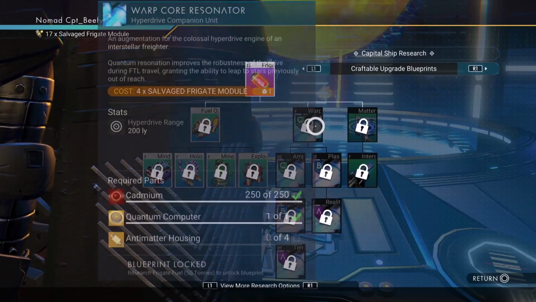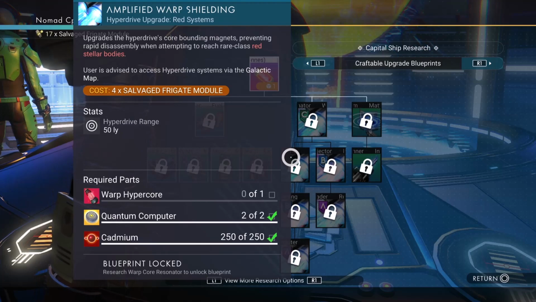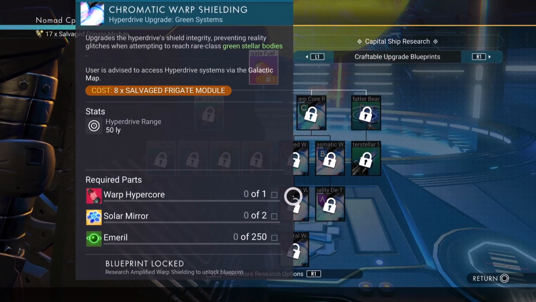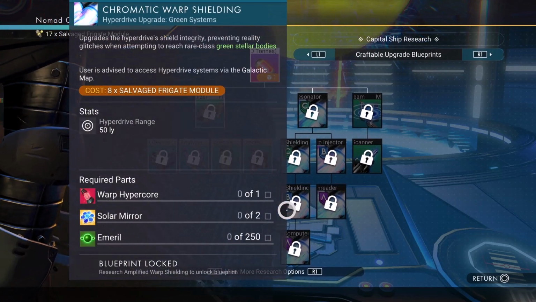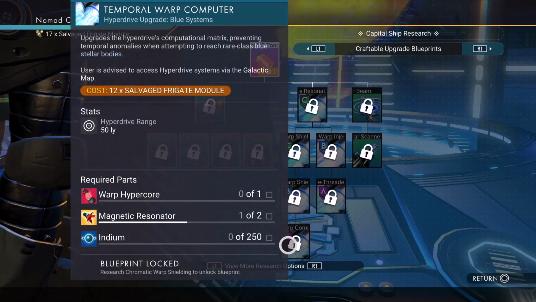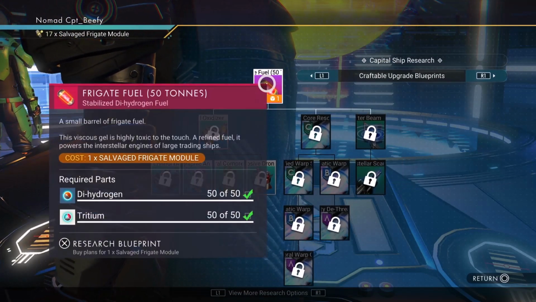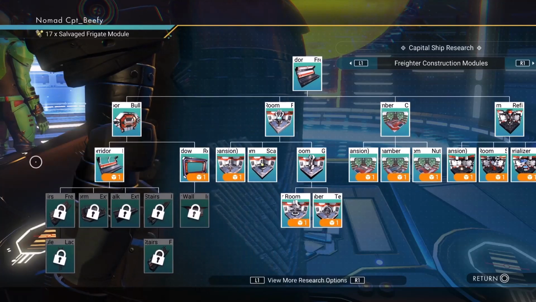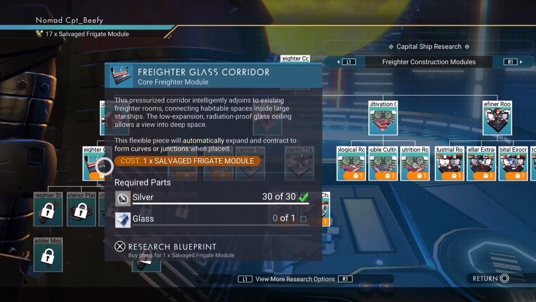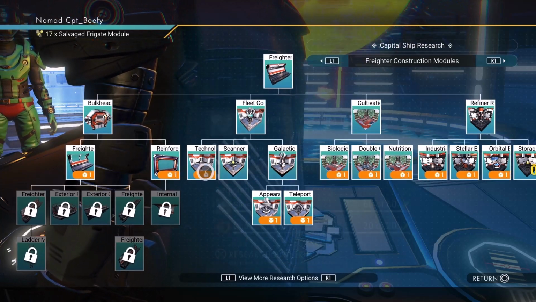Yeah, we got 17 modules. You can see they wouldn't go far here. We would use 4, 8, 16, and we would only get up to the chromatic warp shielding for the green stellar bodies. We wouldn't even be able to get to the blue one, so we're not going to waste our time with that yet. Oh yeah, we'd have to use that one. But here, these will go a long way, right? So not important, not important. As far as an order of importance here,